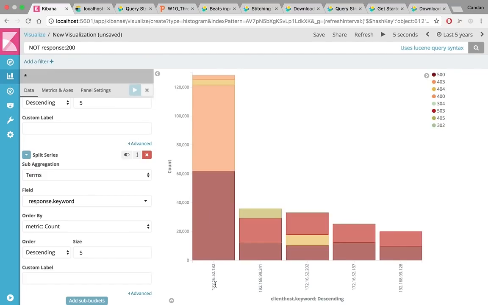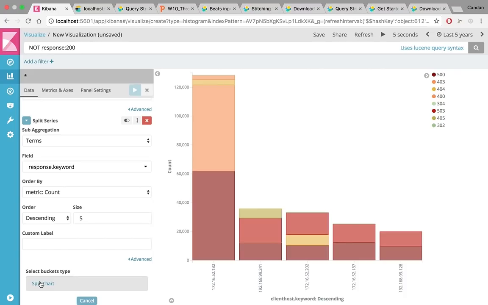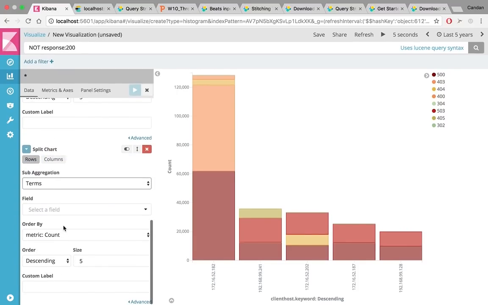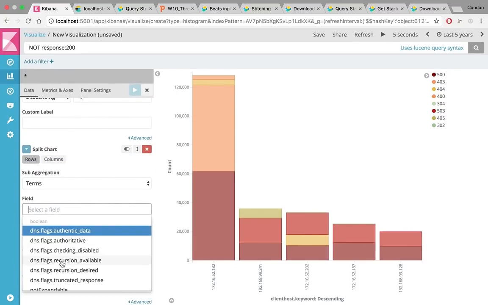So these are obviously my usual suspects. I can copy the IP address and do more analysis in the raw files. We will do that, but before that, I would like to get a little more idea using this infrastructure. So again, I would like to add another sub thing, but this time the only available option is splitting the chart. This time I would like to split it by some term, and that term is going to be